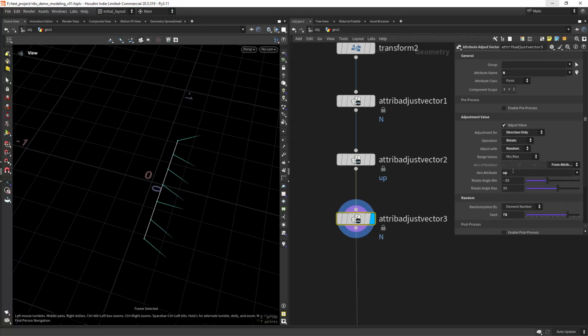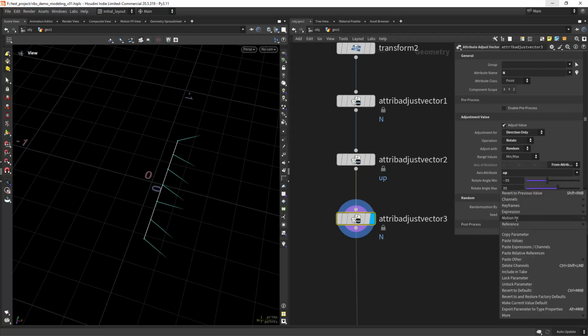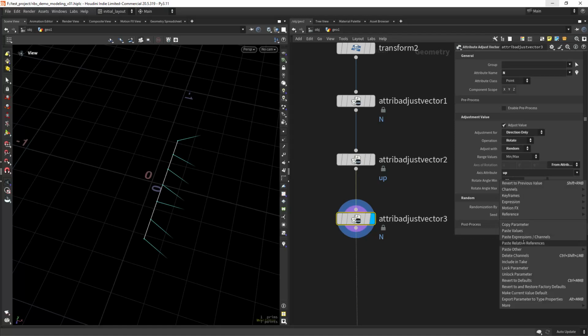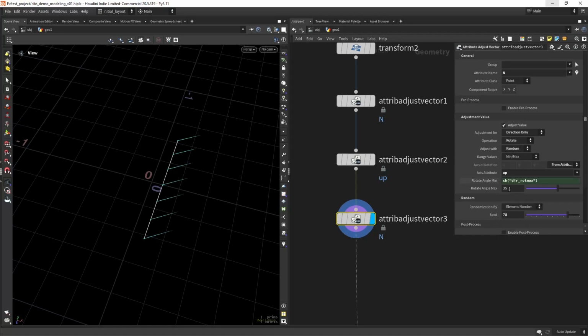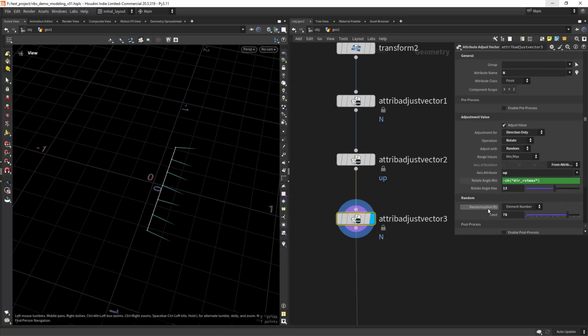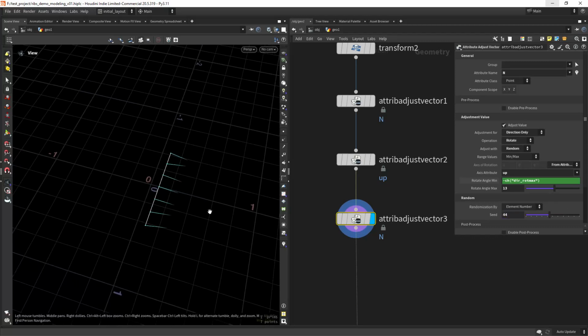So let's maybe change this, copy and paste, and do it negative, and I'm gonna use a value of 13 and change the C to 44. Let me just check. So yeah,